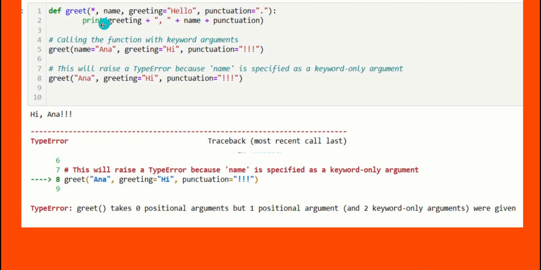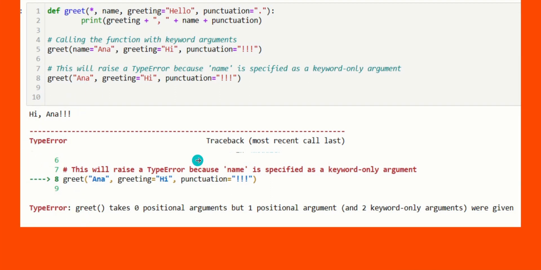In the 5th line, the variable name is followed by the equal to symbol and the value is given within double quotes. This is the keyword argument syntax to be followed. Here I am directly giving the value, which is wrong. Therefore, we get a type error. Next,